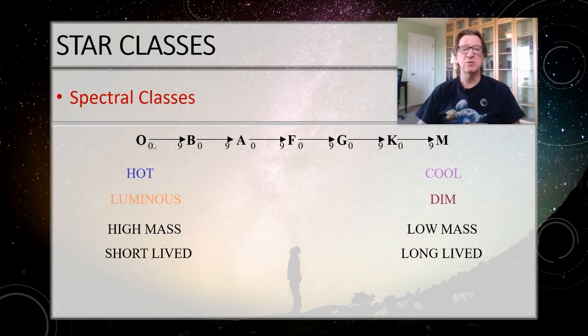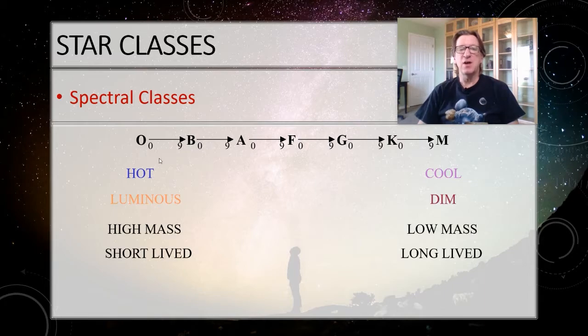So these O-type stars might live for 10 million years. That's it. That's probably not even enough time for life to develop on any planets around them. Whereas these M-type stars, they can live for 10 billion years or even 10 trillion years from that. So anywhere from millions to trillions of years. And you'll be working with that in the simulator.